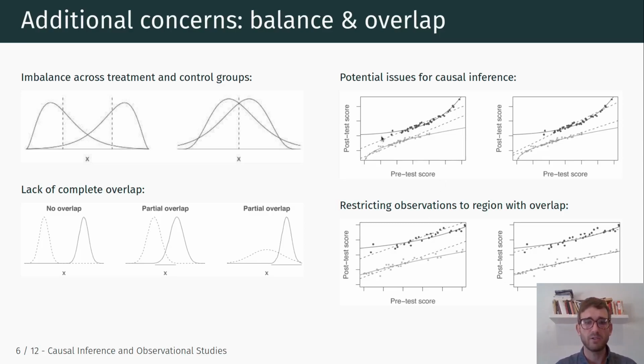So basically, rather than looking at the full range of the data up here, we now look at just the slice of pretest scores for which we have complete overlap, where we have observations that fall into the treatment group and fall into the control group. Okay, and now if we restrict our sample to the range between pretest scores around this area and this area, we now have the same scatter plot with treated and untreated groups,